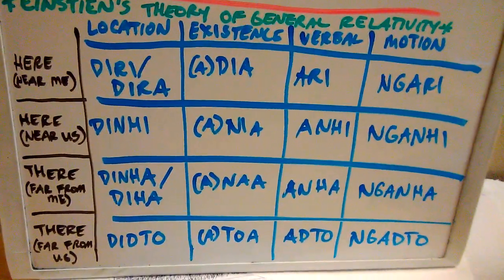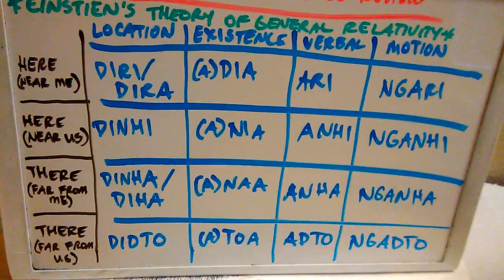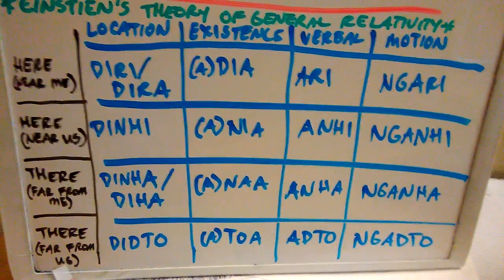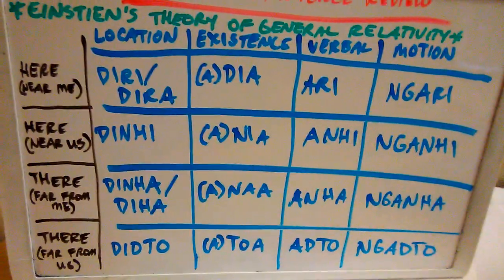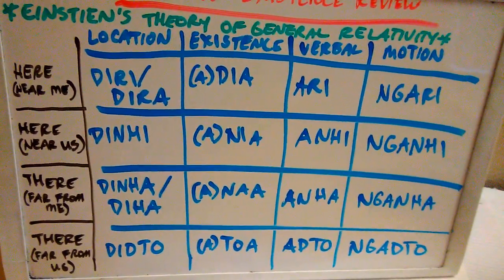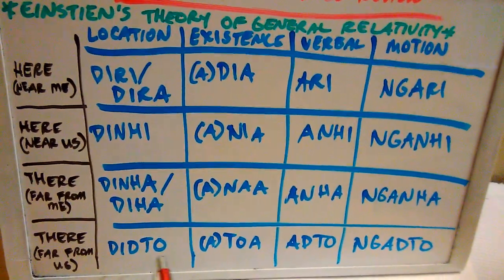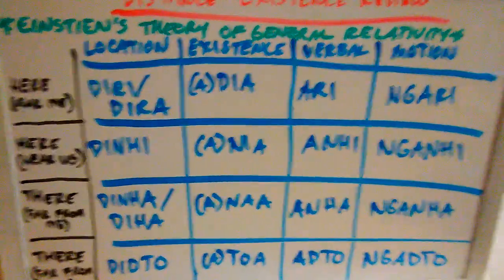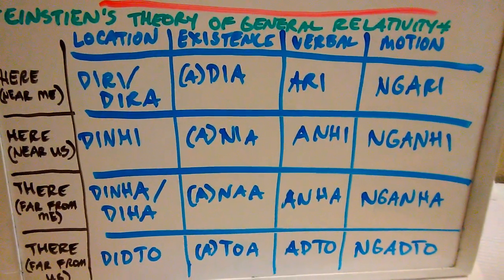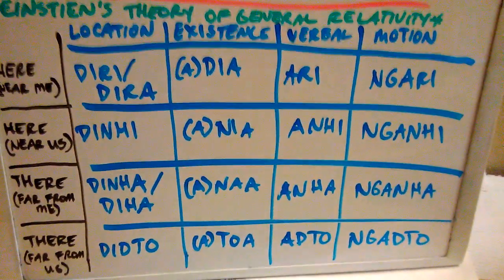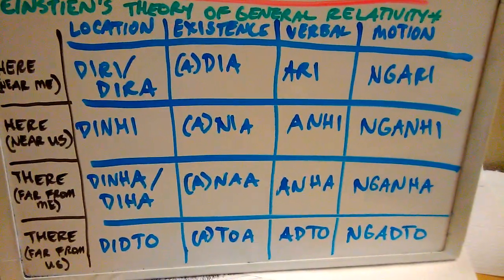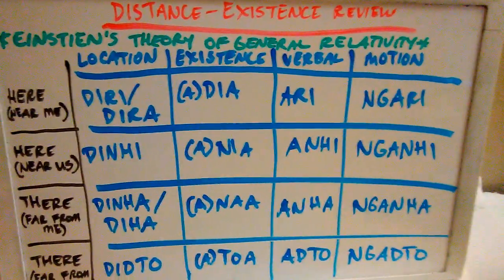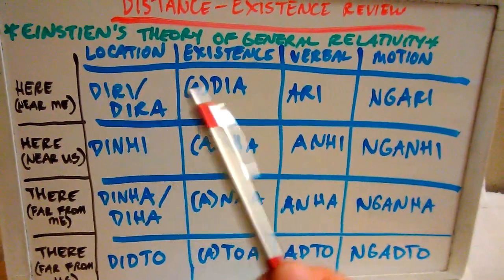And then you have the "there" that is meters, kilometers far from you and the listener, right? An object that exists, all right, in terms of distance. It's existing in terms of distance, okay? And there are four ways or four conditions that we can express these distance existence relations. And how do we express these distance existence relations in these four ways? Well, we have the four categories, right?